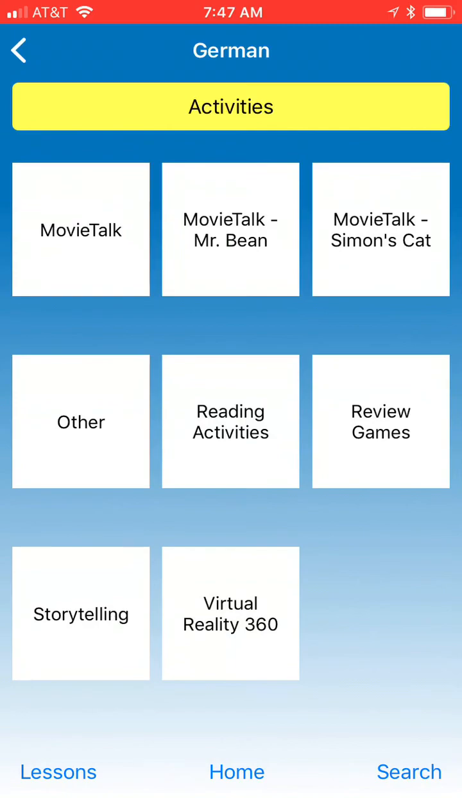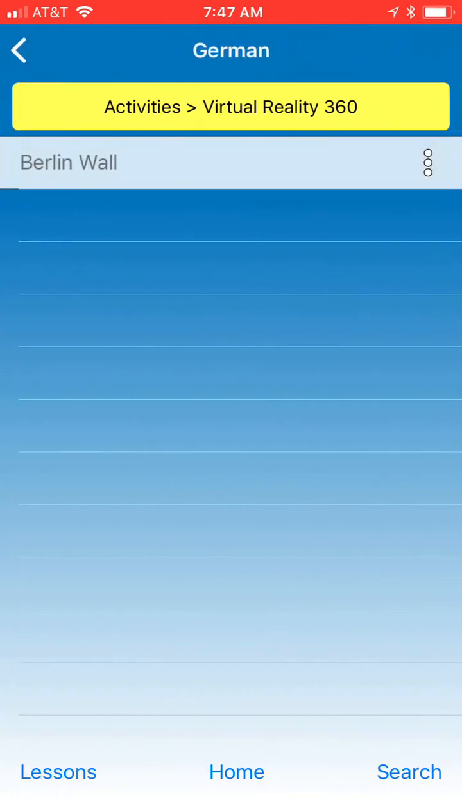One of my favorites is virtual reality. I haven't collected a lot for German, but I wanted you to